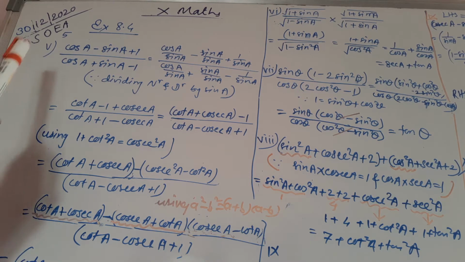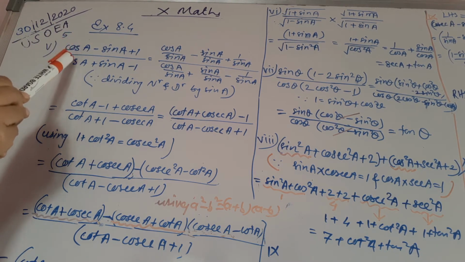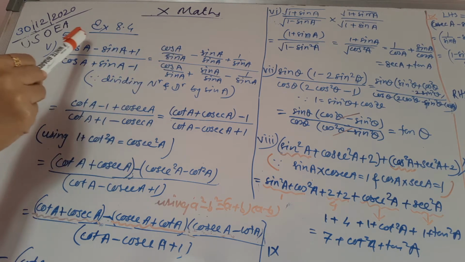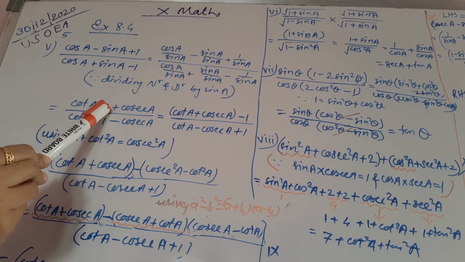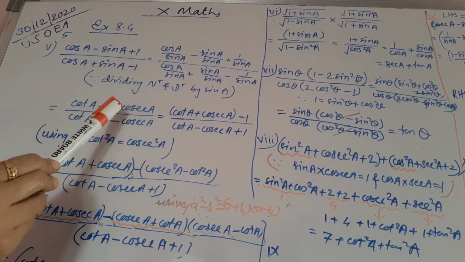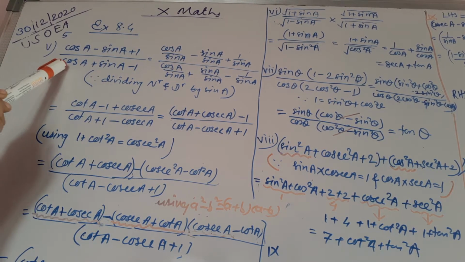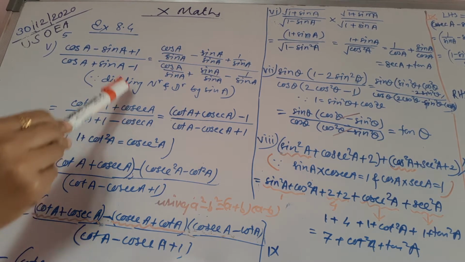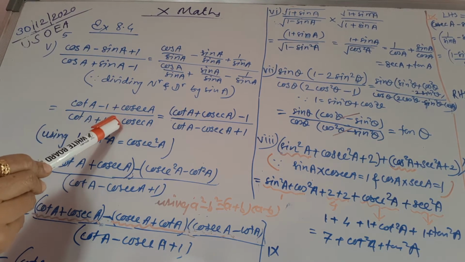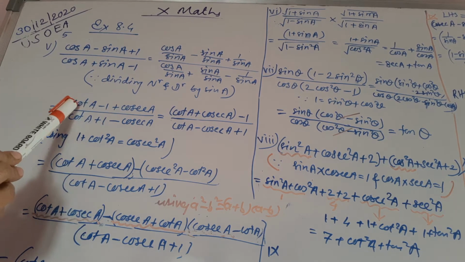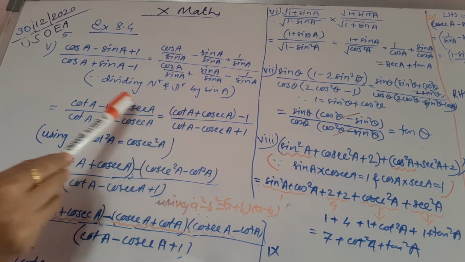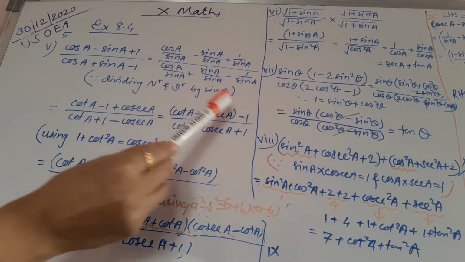So what we have done, to get cot and cosec, we have divided the numerator and denominator by sin A. So cos A divided by sin A, cot A, you will get; sin A divided by sin A, that is minus 1; 1 divided by sin, that is cosec. So like that we are going to get the terms in the numerator and the denominator. Now here I have made the arrangement that cot A plus cosec A is written together, and minus 1 is taken